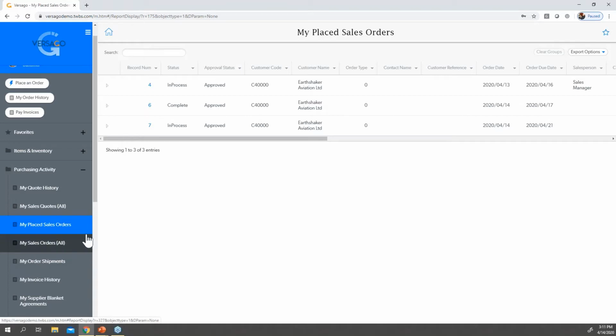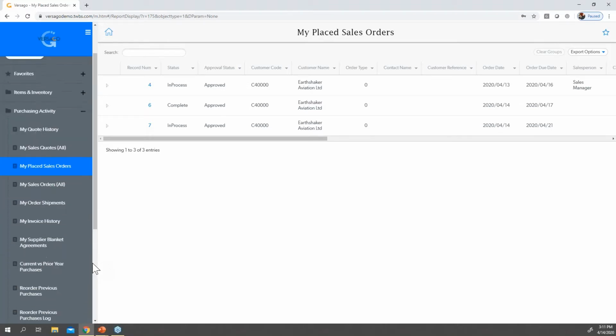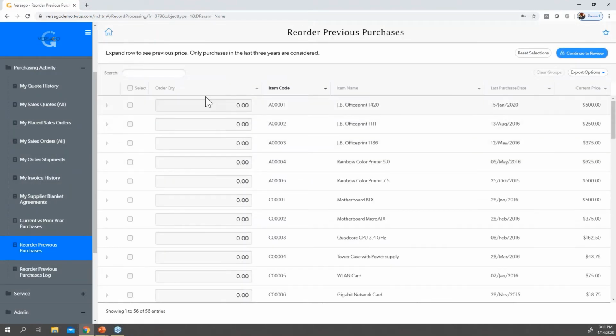I got asked recently, well, Tyson, that's great that you have a header row kind of format, but what if I just want to place an order and I'm a single location, and I don't have all that complexity, and I don't need all that complexity? I just want to make it really, really easy for my customers. Well, no problem. What we did is we actually built this example where we can just go in and we can say reorder previous purchases.